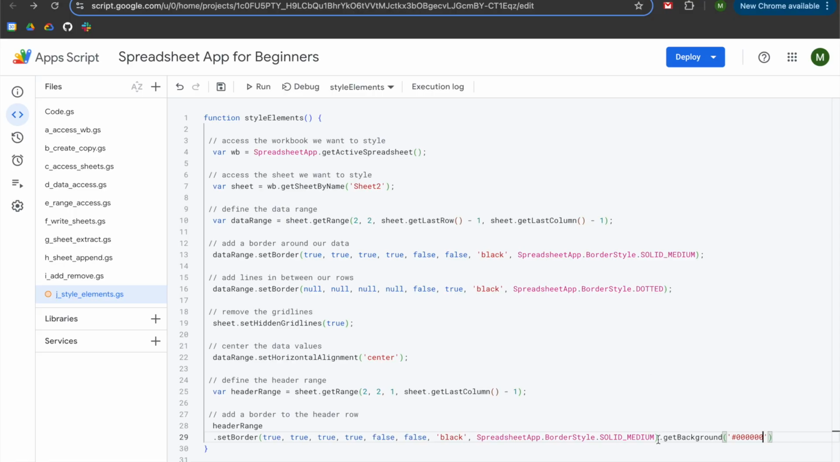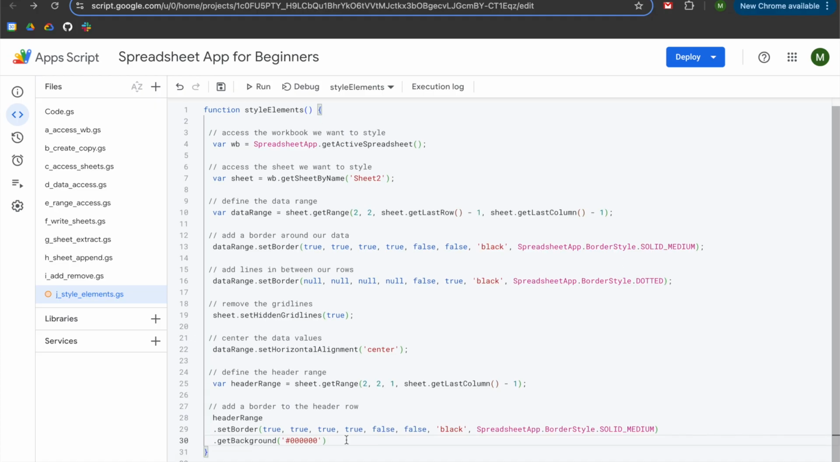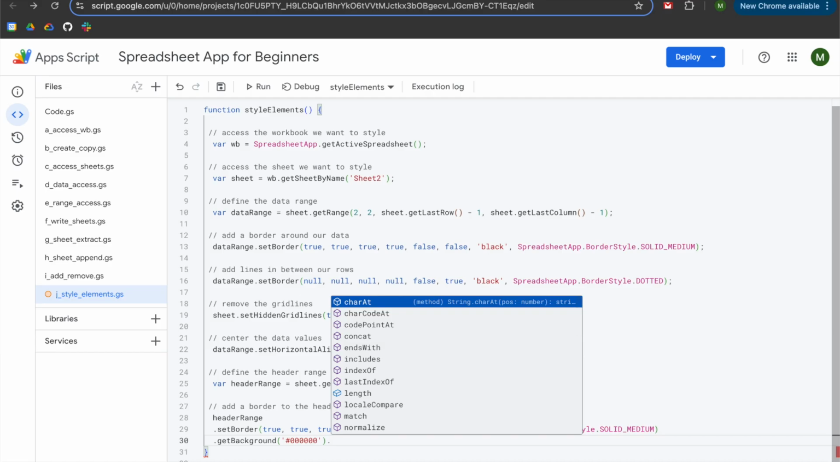I'm going to click in between the end of set border and the beginning of dot get background. I'm going to hit enter. Now, if we have a black background and we have black text, then we're not going to be able to see it. So what we're going to do now is hit dot, and we are going to, oh,